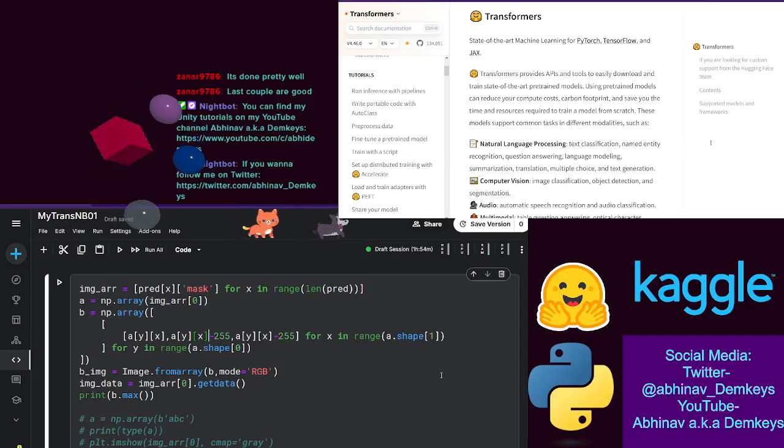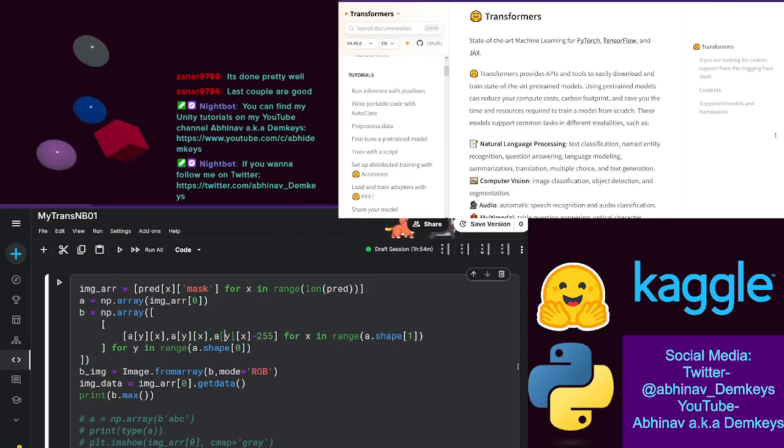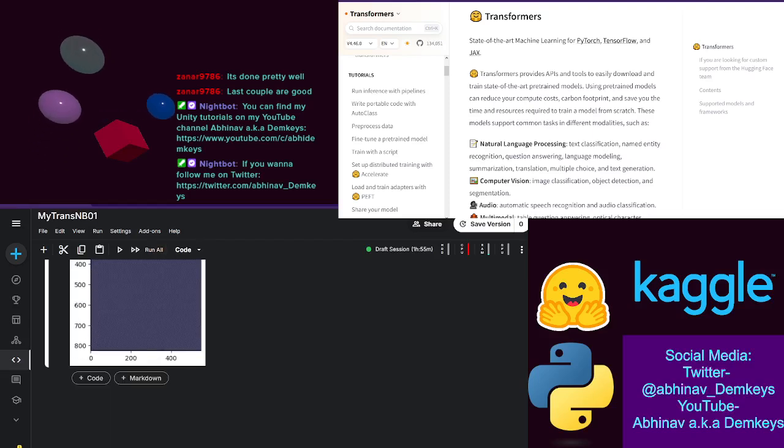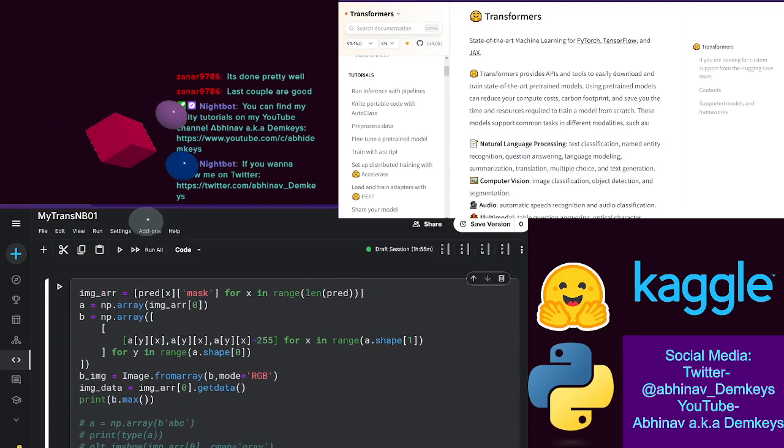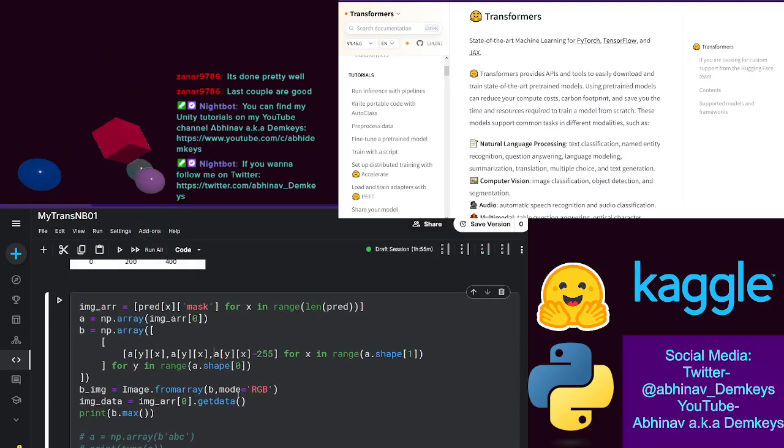How did it end up with this? Okay, let's try this. Because the idea behind what I was trying to do was I was just trying to remove the color channels for,